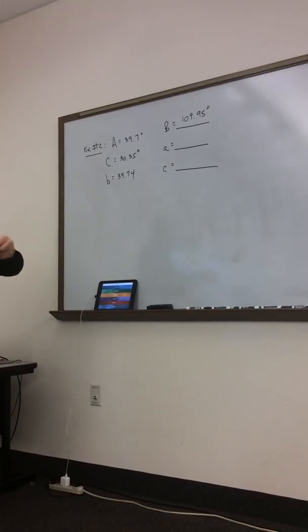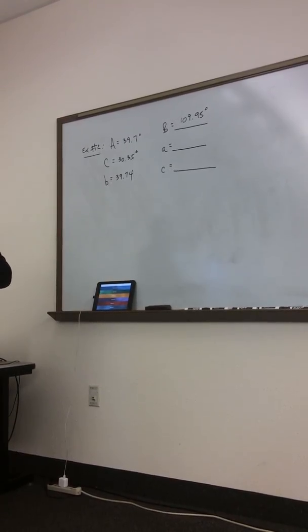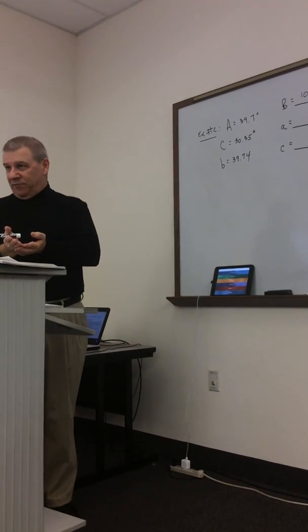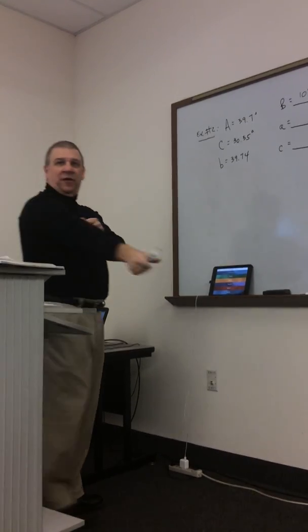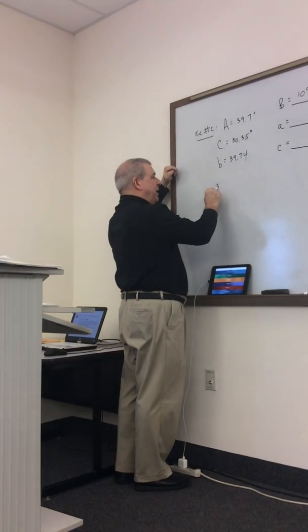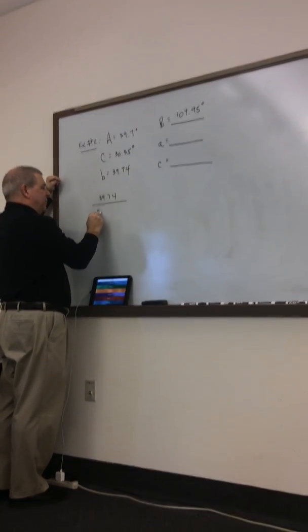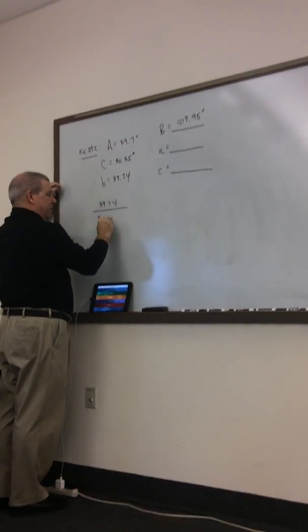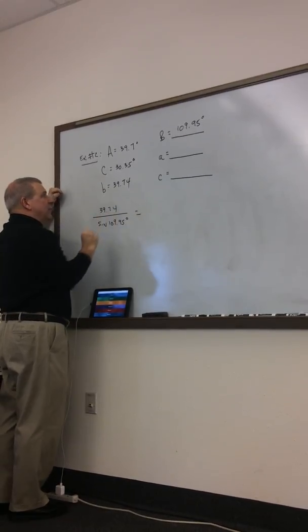You know, the 3 things I had, A over sine of A, B over sine of B, C over sine of C. Which one do I know both letters for? The B's, right? So, here we go. B over the sine of B equals,